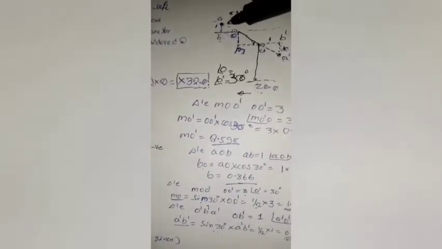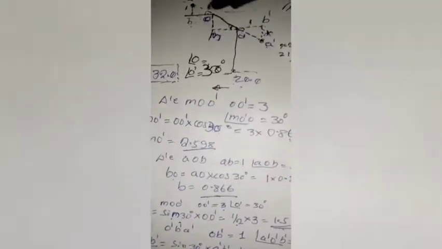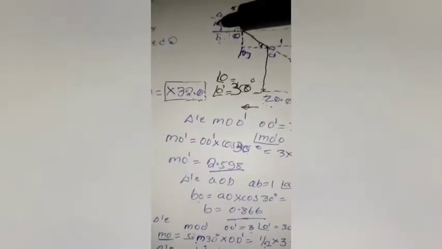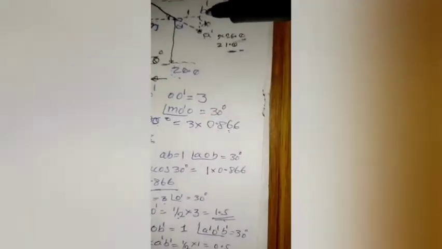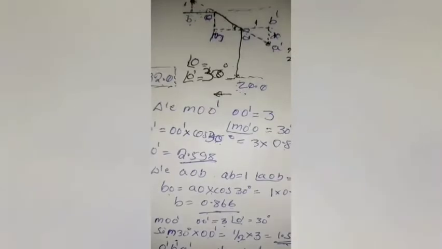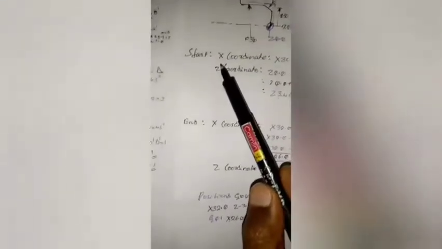Similarly, as explained in the 45 degree chamfer, I have enlarged the view of this. Again here upper triangle, lower triangle and the middle triangle will be drawn. Similar conditions will apply. AB is equal to 1 mm, and here O dash B dash is 1 mm. This is horizontal component, this is vertical component. So I need to find out the coordinates at this point, the start point, x coordinate.